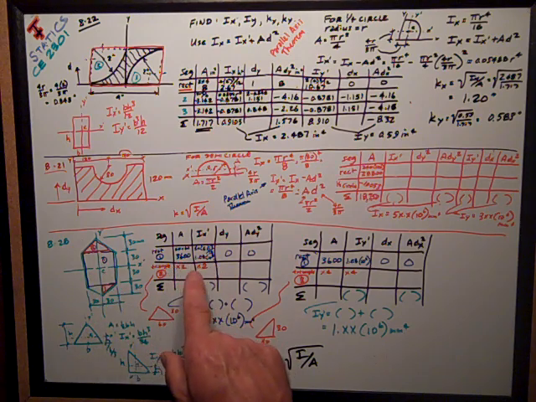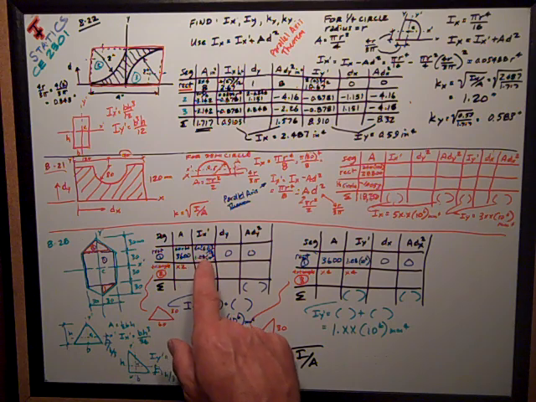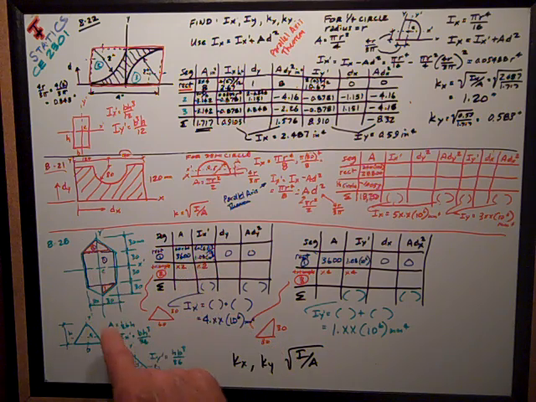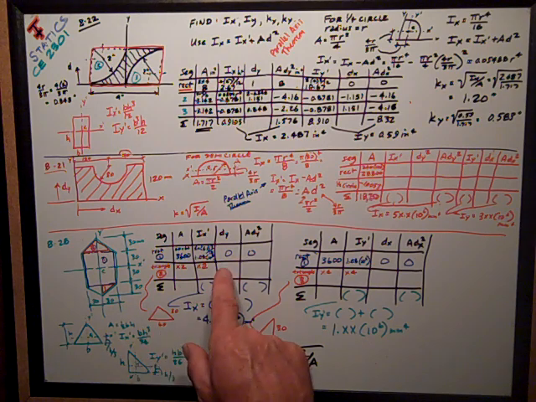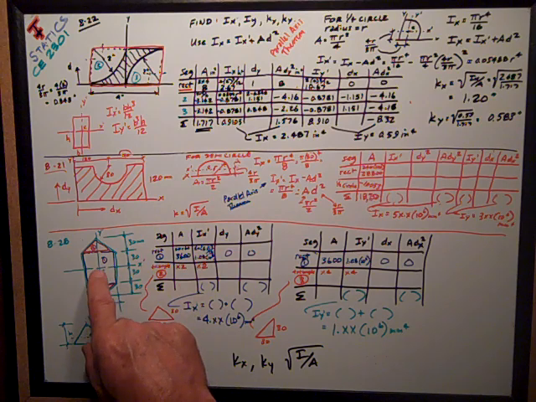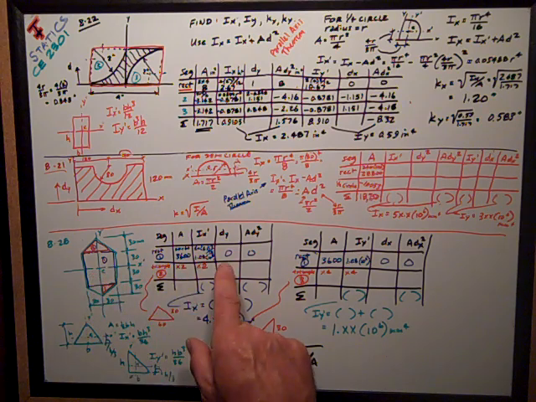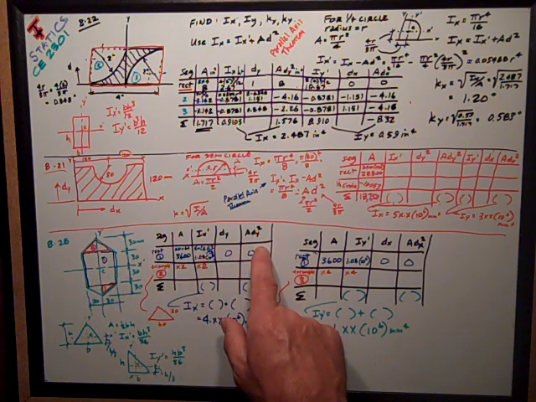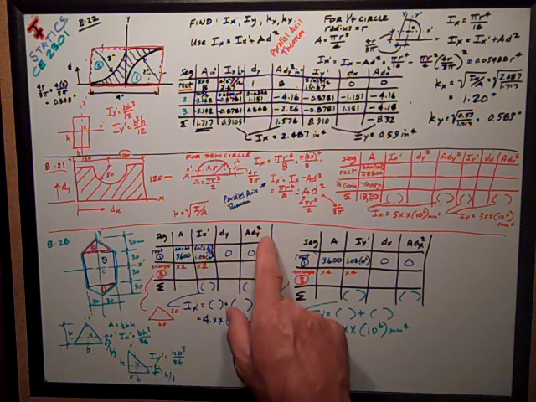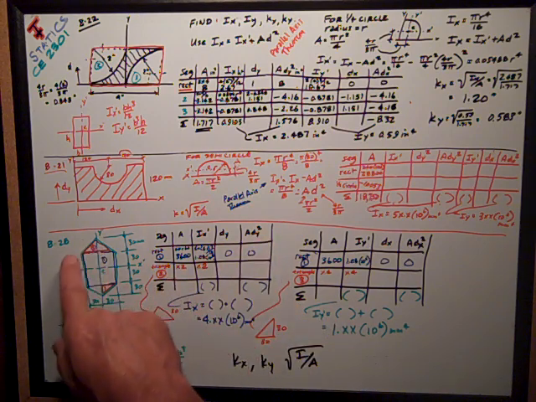The area is 60 by 60 of the rectangle. The I is BH cubed over 12, where I've got 60 and 60 for the B and H. My distance from the centroid of the shape to the centroid of the overall thing is 0, so that term, ADY squared, goes to 0. For the